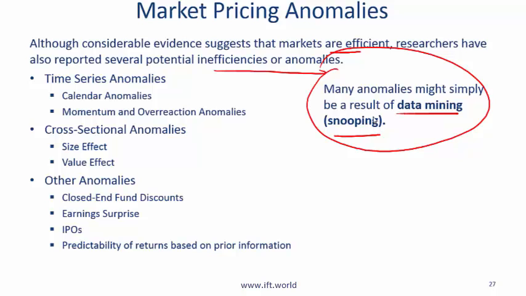The anomalies are there because of the mechanism that was used to identify those anomalies. If an anomaly were well known, then what would every trader try to do? They would try to exploit that anomaly and it would go away very fast. On this slide, I am listing some of the anomalies and the categories. At the very least, you need to be aware of these terms. And if you want to be more diligent, then in the regular lecture or from the curriculum, you can read a couple of lines related to each of these.